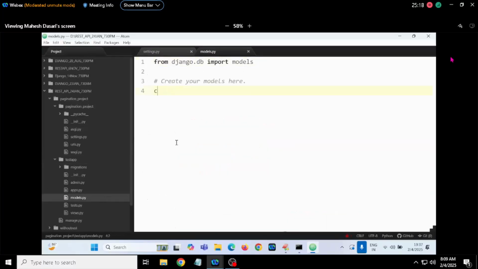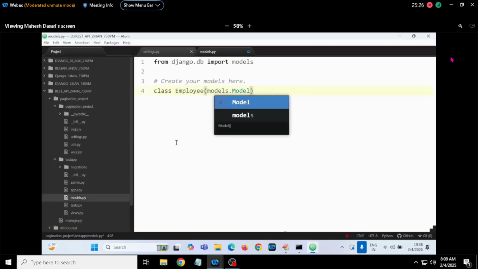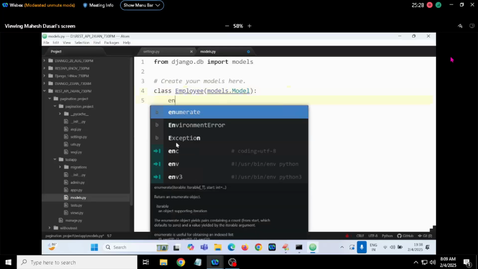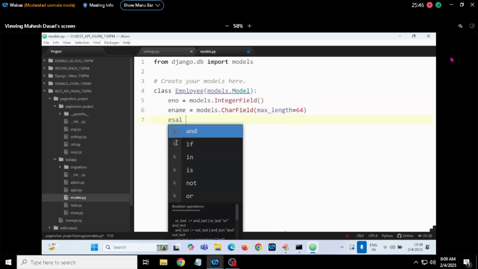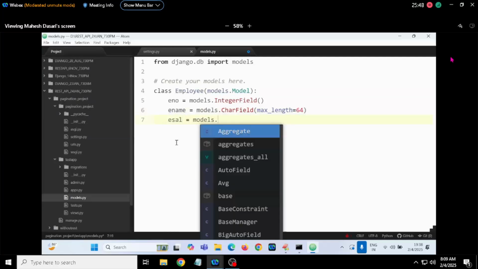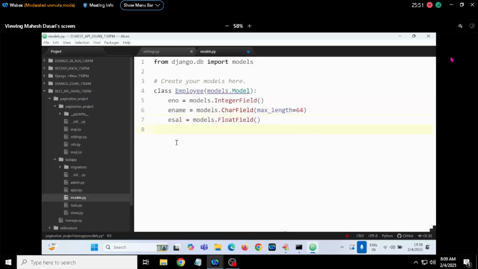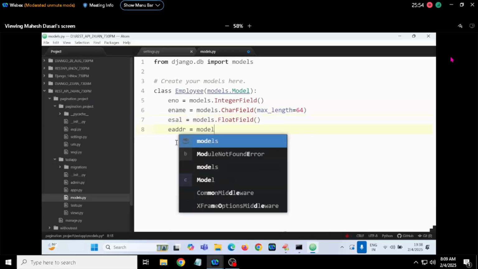Models: models.Model, employee number equal to models.IntegerField, name equal to models.CharField, max length 64, employee salary equal to models.FloatField, models dot